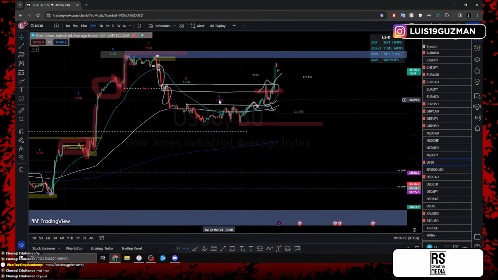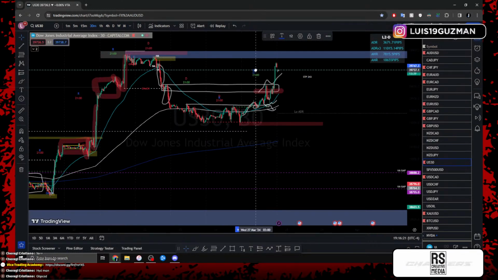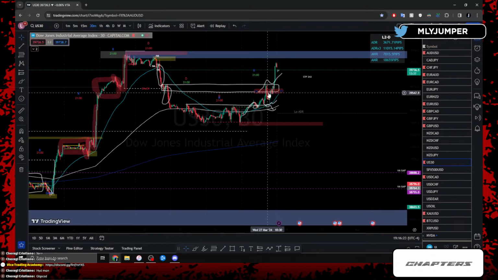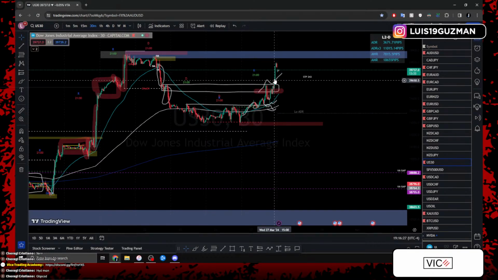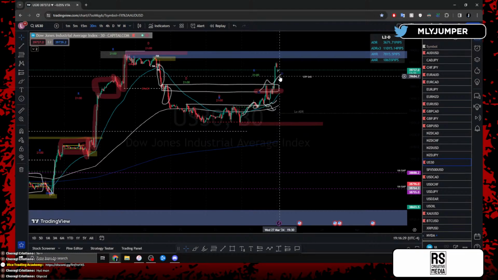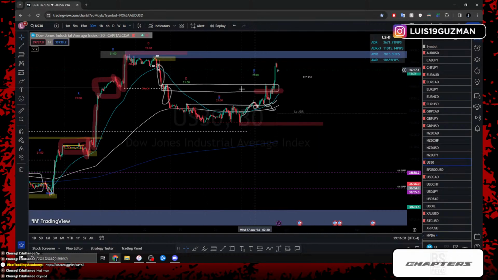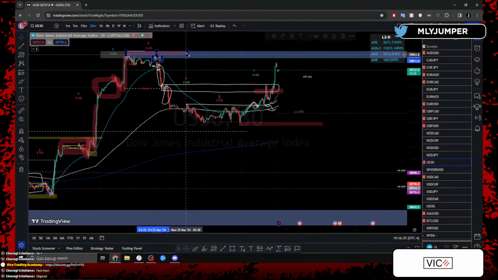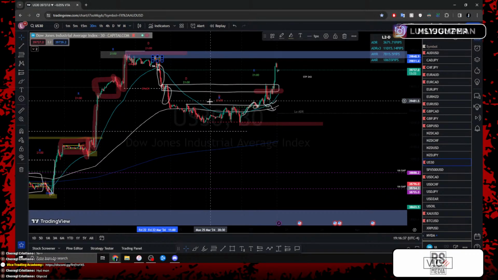This morning, we wanted to see price either break or respect these highs. And we could see that at one point we were respecting the highs, then price broke above. Didn't give us a retest, which is all good, right? At this point, we know that we have a 4-hour high, a 30-minute high, and a daily high up here. We have 2 days of rise.